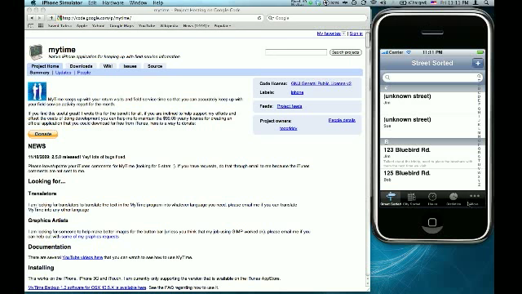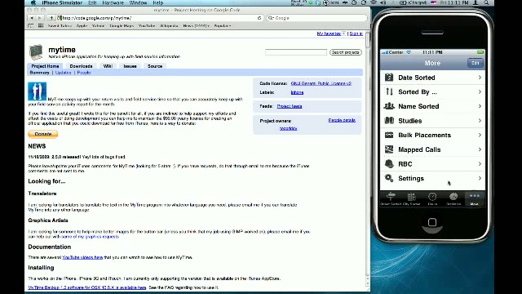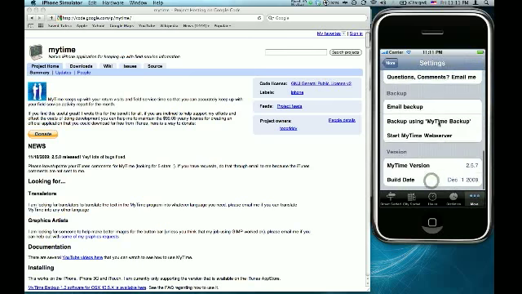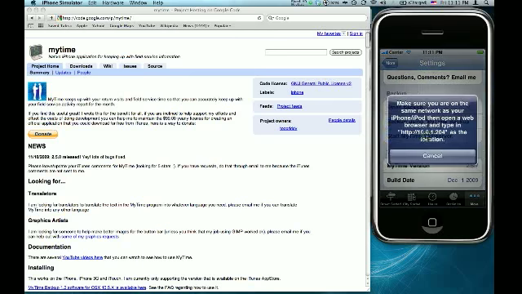So what we do is go to the More view, Settings, scroll all the way down to the bottom and click on Start MyTime web server. You need to follow the on-screen instructions here. You need to make sure that your iPhone or iPod Touch are on the same wireless network as your computer. If they're on the same wireless network, then your computer and your iPhone should be able to talk to each